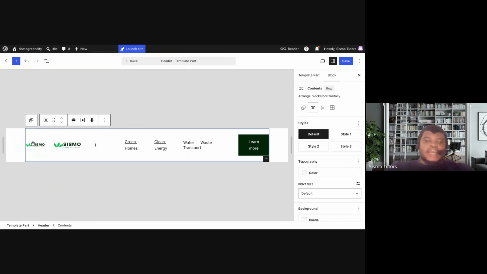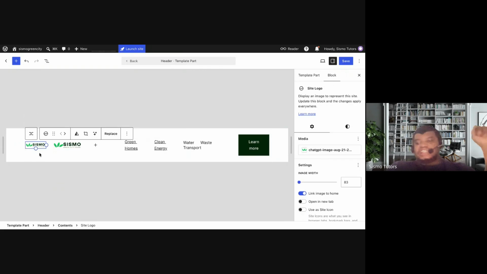Then I showed you guys by default, when you click on the image you added, it's going to display these two circles for you. One at the bottom of the image, and the second one to the right of that image. To increase the height of the image, to make it a bit bolder, you can do that if you are using a logo word mark, the same kind of logo I'm using. But if you are using just a simple logo, like maybe only